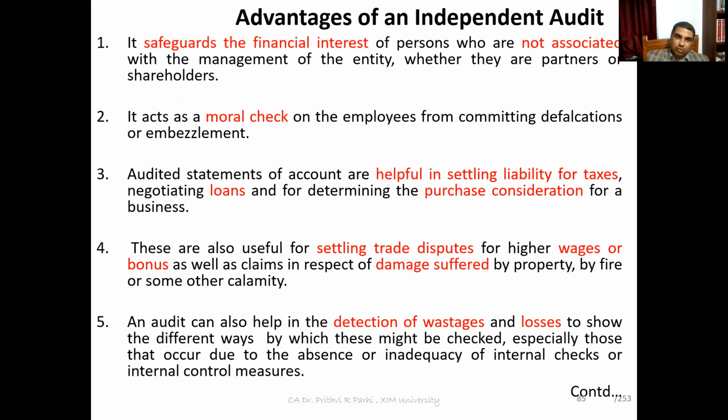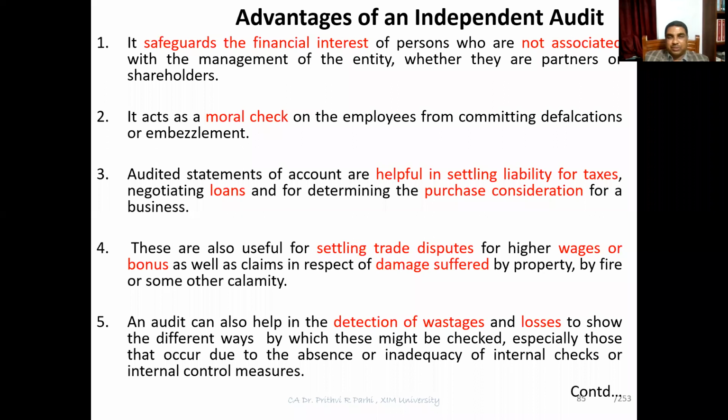Audited financial statements are also helpful for determining the purchase consideration for a business, when the business is acquired in a merger, acquisition or takeover deal, or when a new partner is admitted or a partner retires from the business. In this kind of situation, there is a need to assess the purchase consideration. At that time, audited financial statements play a very important role. With the help of those audited financial statements, the purchase consideration can be compared. This is the third advantage of